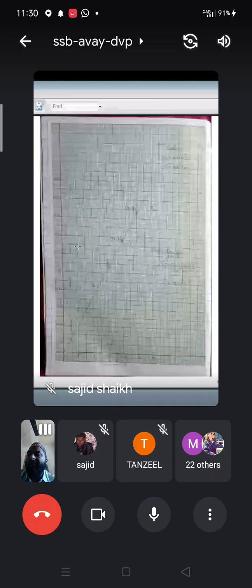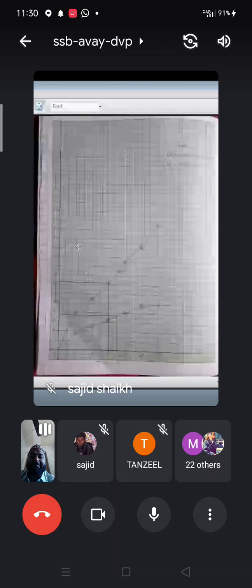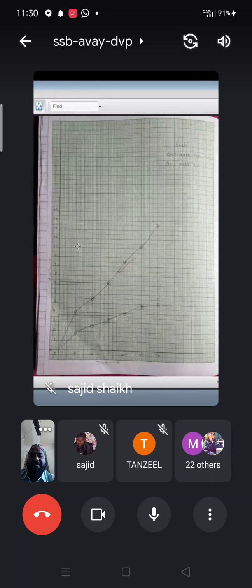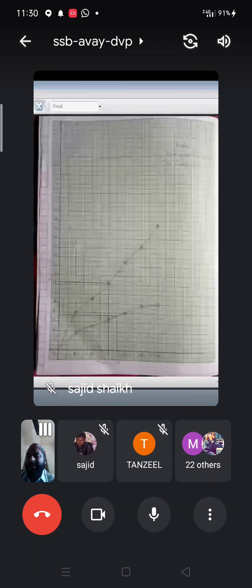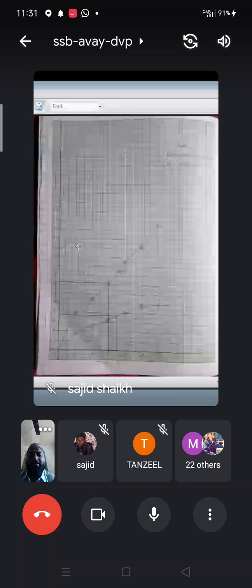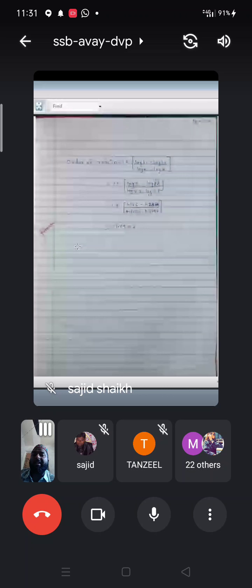And finally we have to plot another graph, that is the graph of x, that is the titer reading, versus time. Then we have to take the time coordinates and the x coordinates and put them in the formula: log t1 minus log t2 divided by log a2 minus log a1. Instead of a2 and a1, you can write x2 and x1. This is also allowed. That formula we have to use, and these coordinates will come from the graph.